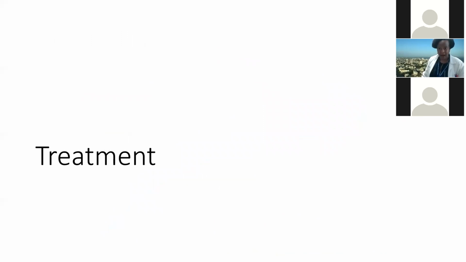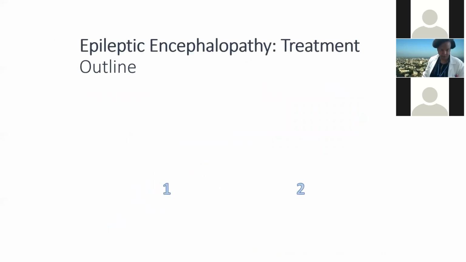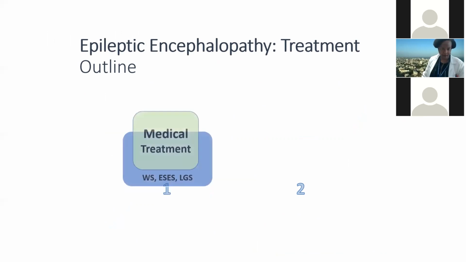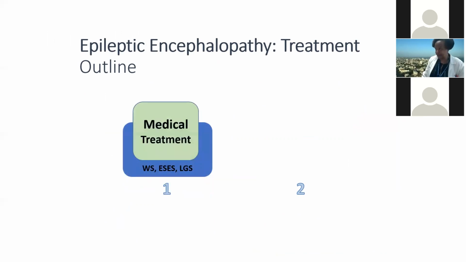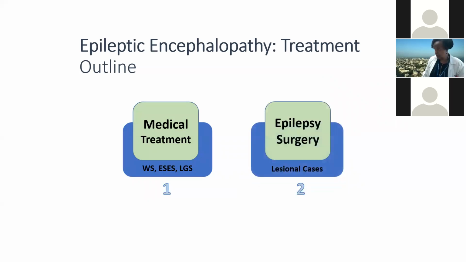Okay, so how about treatment? I should have changed the slide to developmental epileptic encephalopathy. We still treat the epilepsies, right? Because the epilepsies are very prevalent. And for that, we have medical treatment. And if there is a lesion, then we have epilepsy surgery, which will give the patient a great opportunity, right? The outcome of this is really expert-based medicine because for these treatments, there is a lack of randomization in the studies.